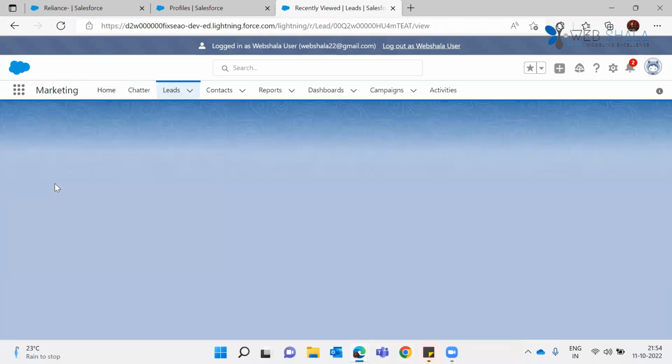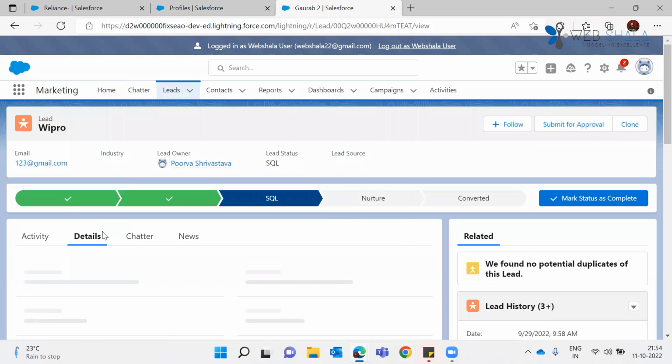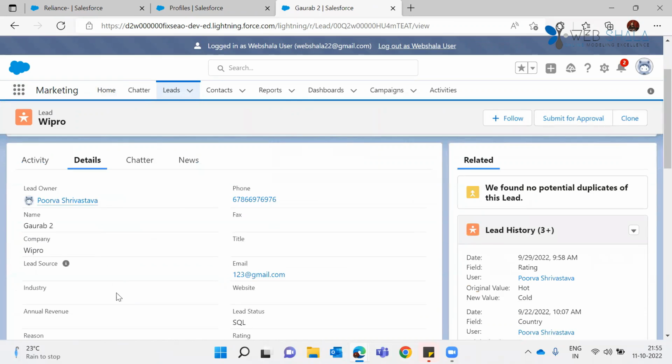Let's open any random lead. You can see here, he does not have convert permission. Not even edit. If you go to details, there is no pencil icon available for him because we have not given him edit permission. So this is how permissions are